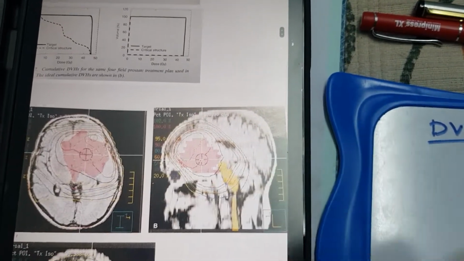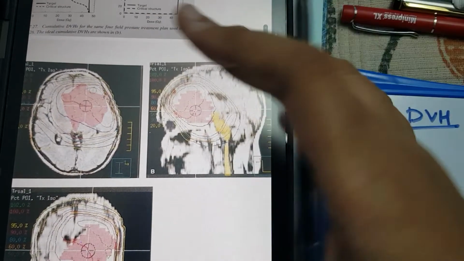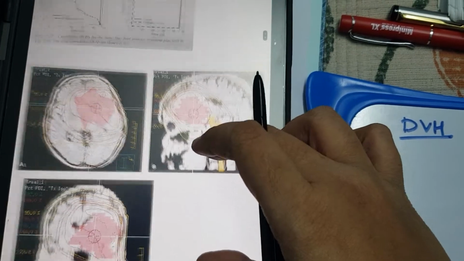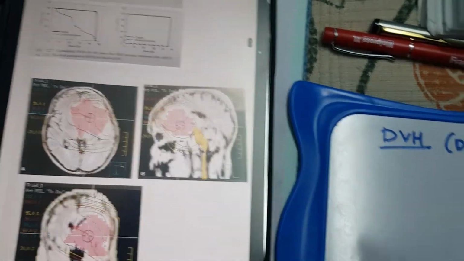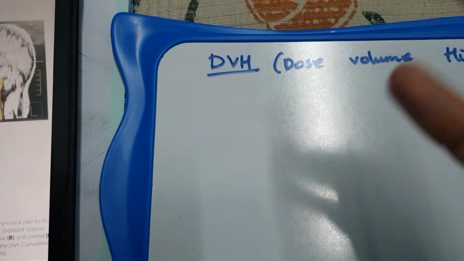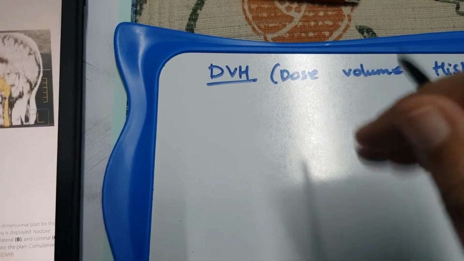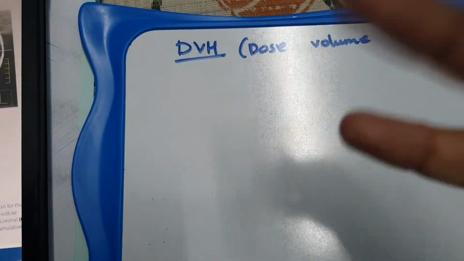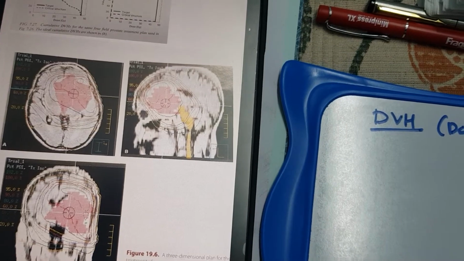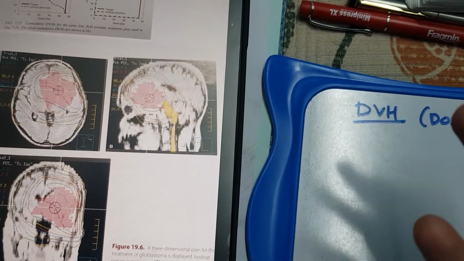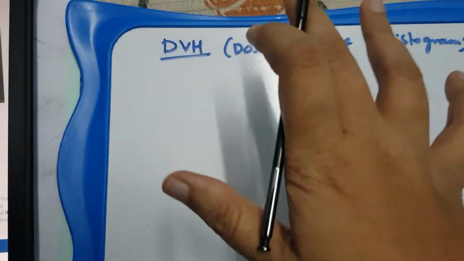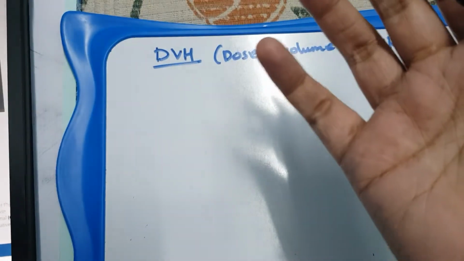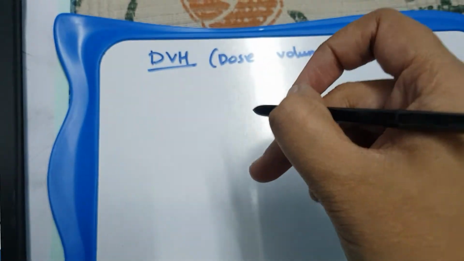So if you go slice by slice, you can see the whole plan in 3D. But the same information, when it's drawn into a 2D graph, is the DVH, dose volume histogram. It's just a 2D dose distribution for individual organs. So it does not actually replace the full isodose distribution, as it does not contain the geometric information. It cannot tell at which place of the organ